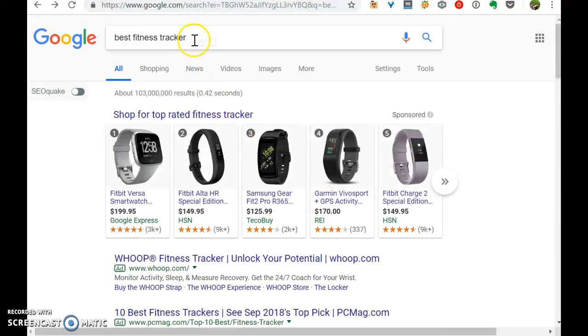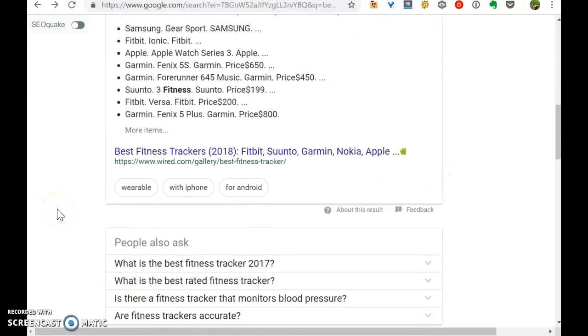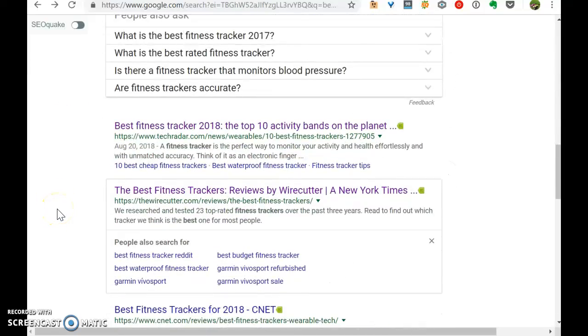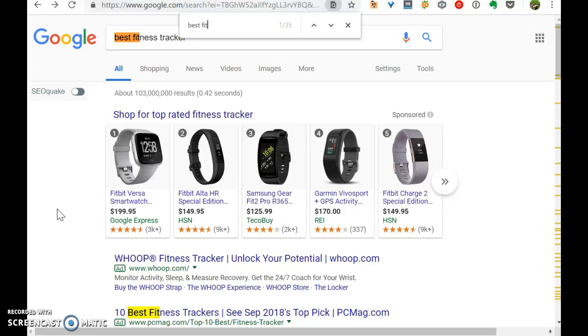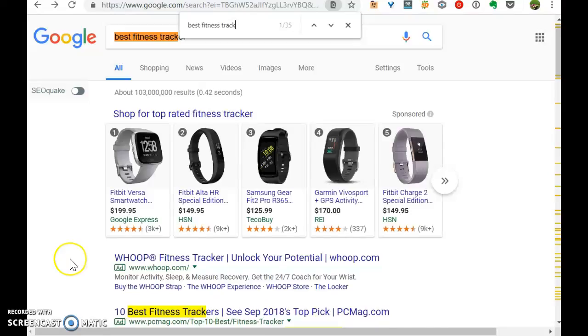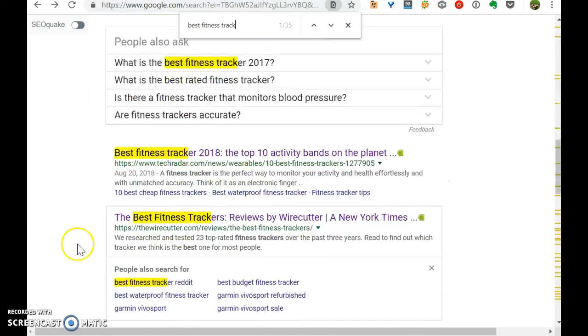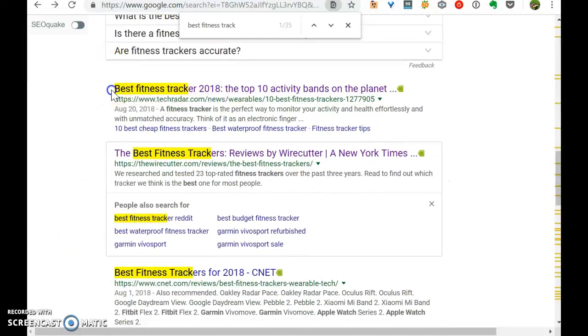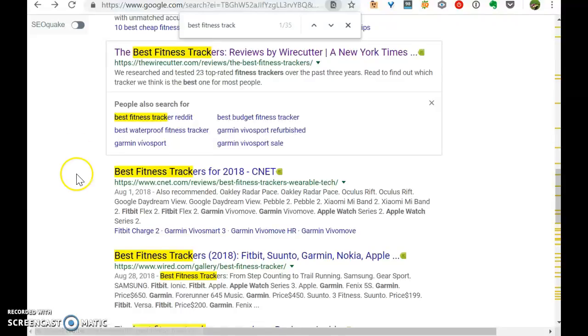The search term was best fitness tracker, and in terms of keyword prominence, you can see the organic results. Keyword prominence is when your keyword is right at the beginning. You see it's at the beginning, at the beginning, at the beginning.